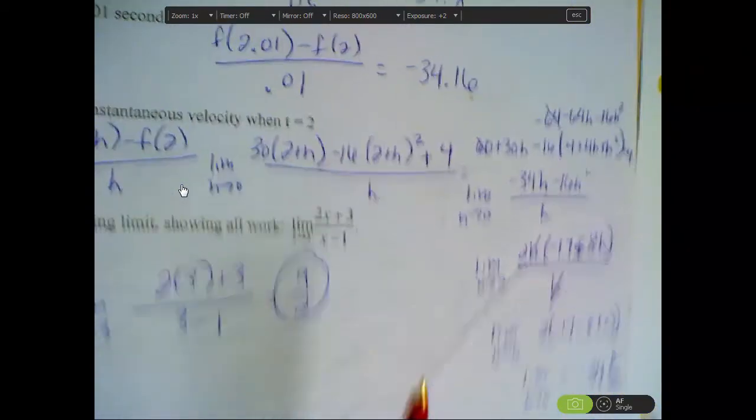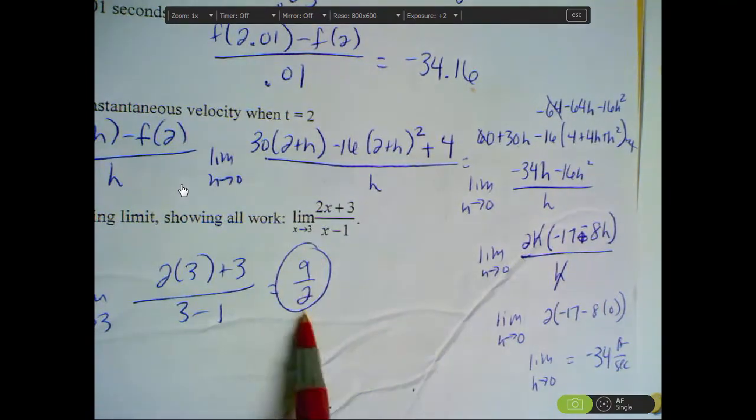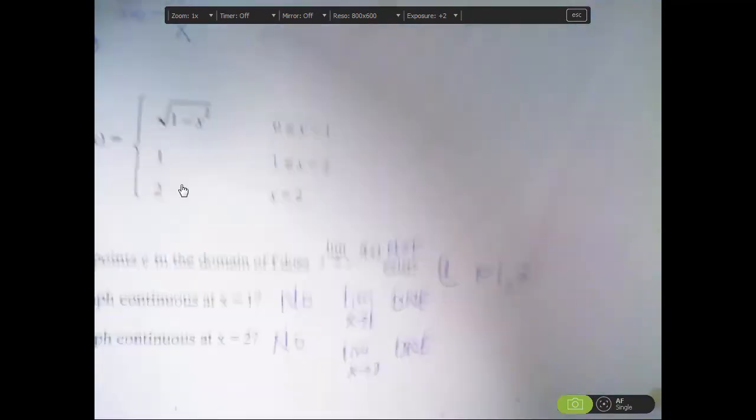For number 2, it's simply a substitution because there is no asymptote at x equals 3, so your answer is 9/2. On the next page,